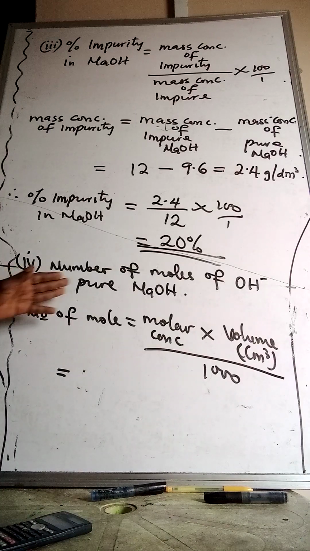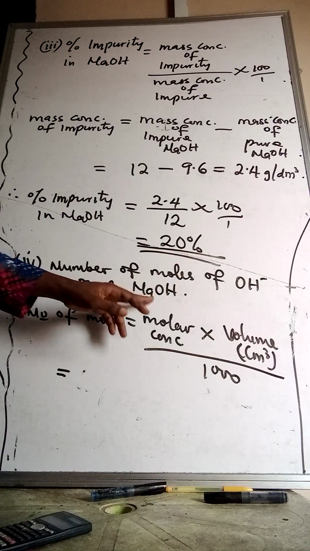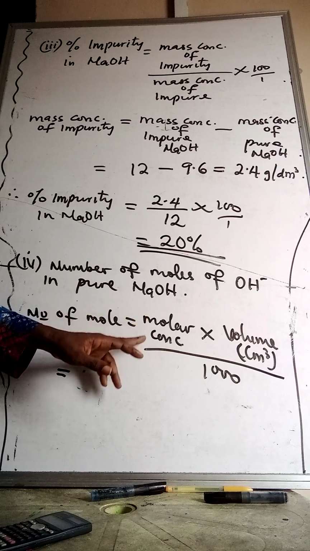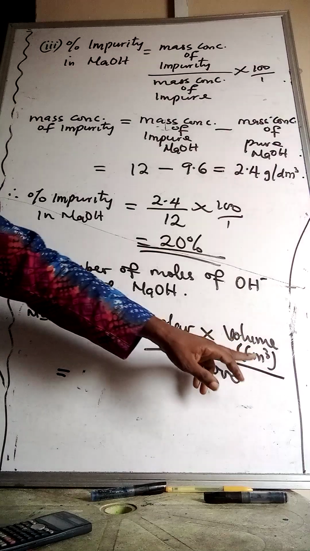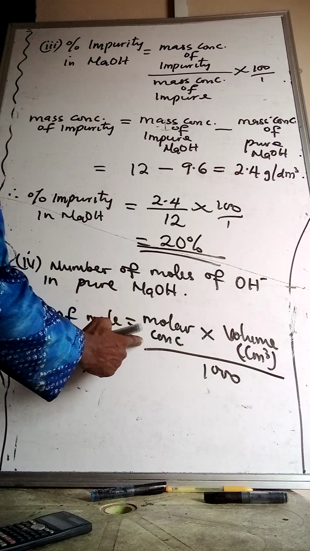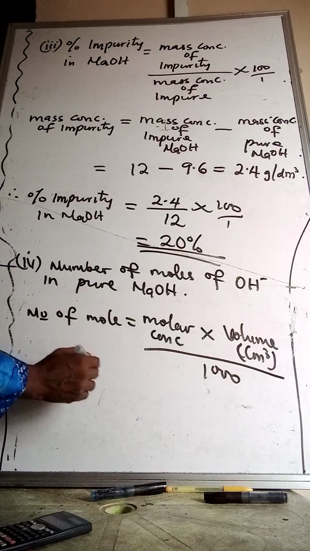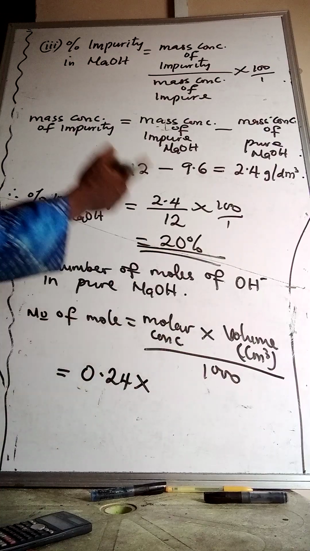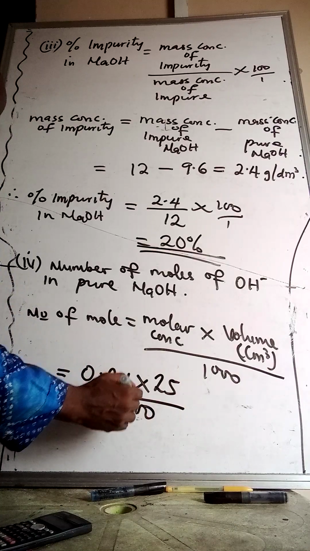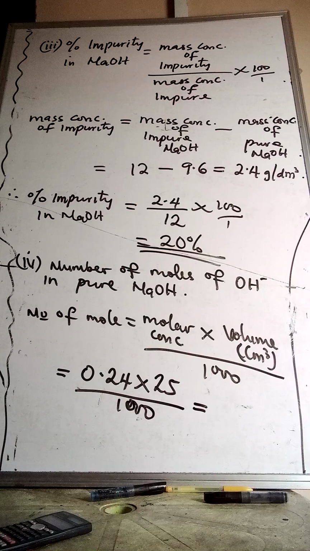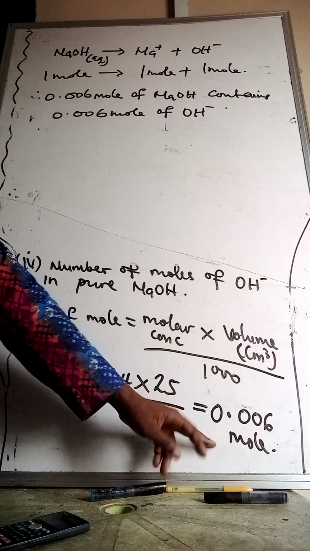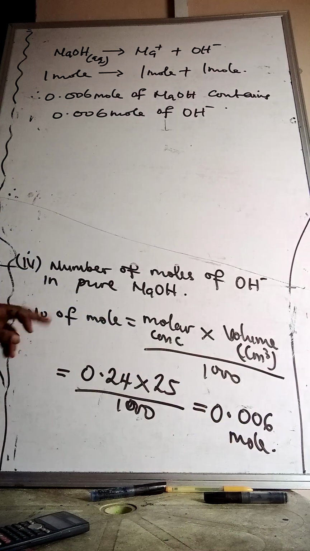Now, to find the number of moles of hydroxyl ion in pure sodium hydroxide, we use the formula that says number of mole equals molar concentration multiplied by volume in cm cube divided by 1000. So let us substitute. What is the molar concentration of the pure base? That is 0.24, multiplied by the volume of base given, which is 25 divided by 1000. What does that give us? Now, having gotten the number of mole, which is 0.006